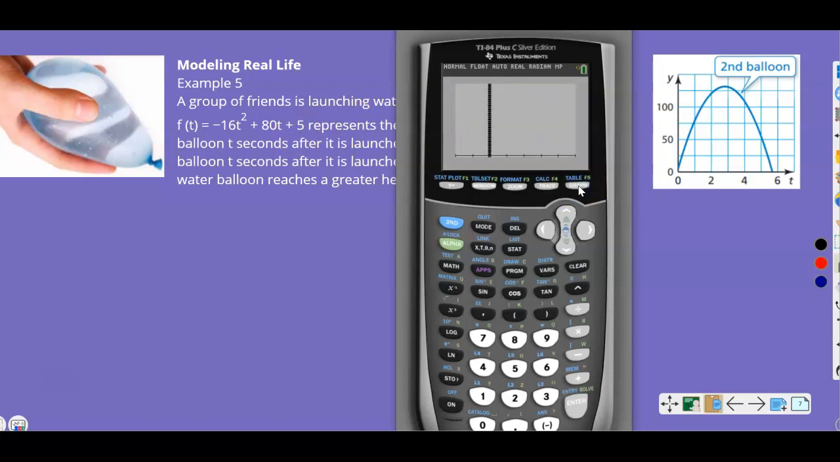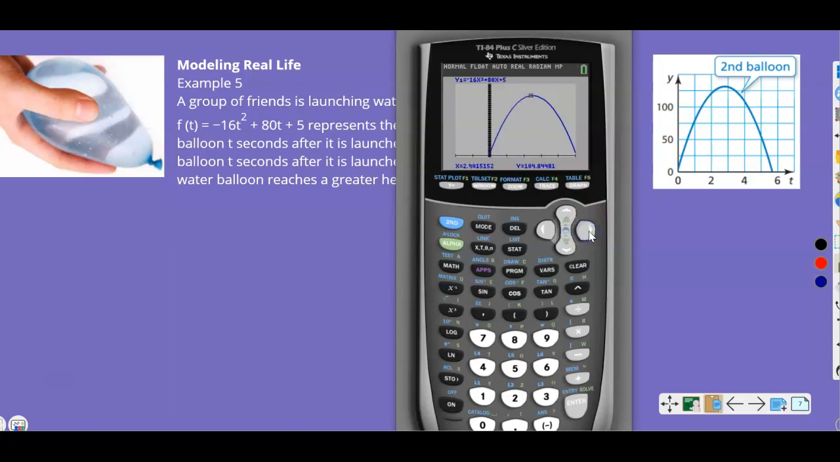Then when I hit graph, it's going to graph my function here, and I need to know what that highest point is. Since I don't know what that highest point is, I can hit trace and see the little cursor there that says 1.5 and 89. I can trace it till it gets to about that highest point,